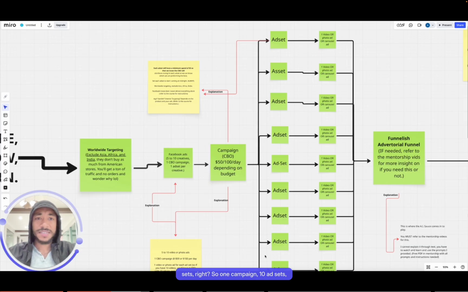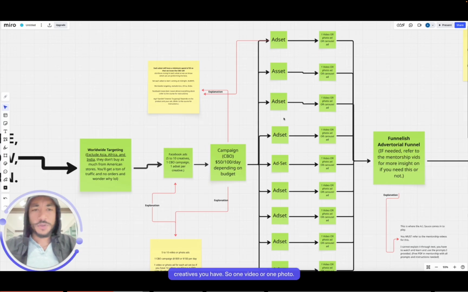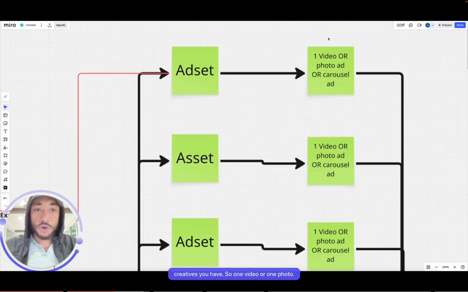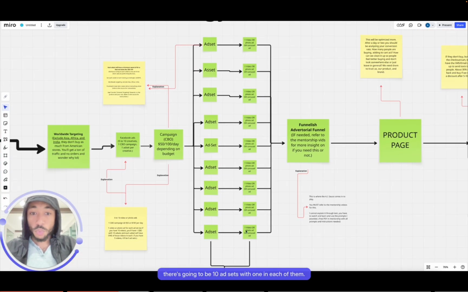So one campaign, 10 ad sets, but it's not just 10 ad sets. The ad sets depend on the amount of creatives you have. So one video or one photo or one carousel ad per ad set, right? So if you have 10 videos or 10 photos, there's going to be 10 ad sets with one in each of them. And the reason we're doing this is because once we launch all of these,